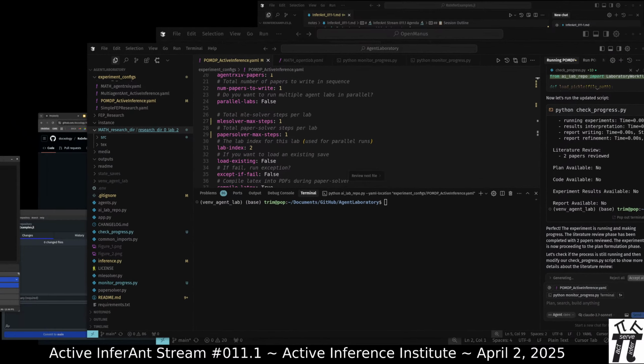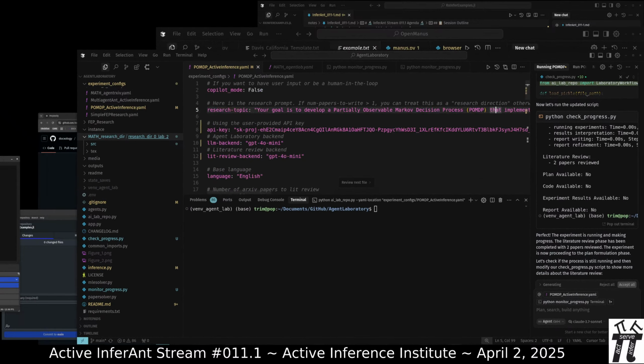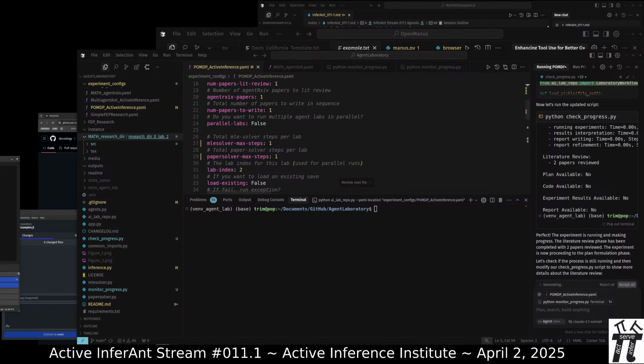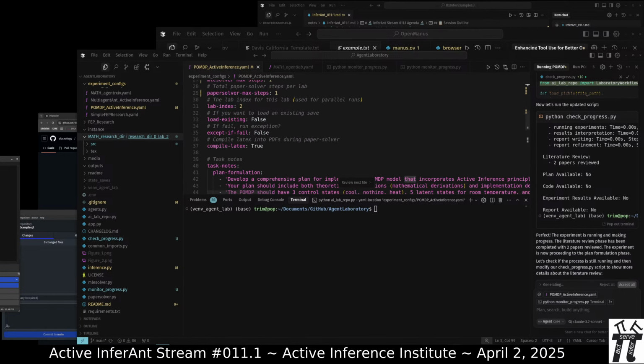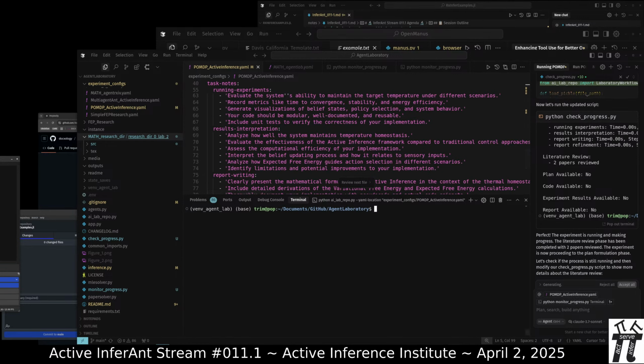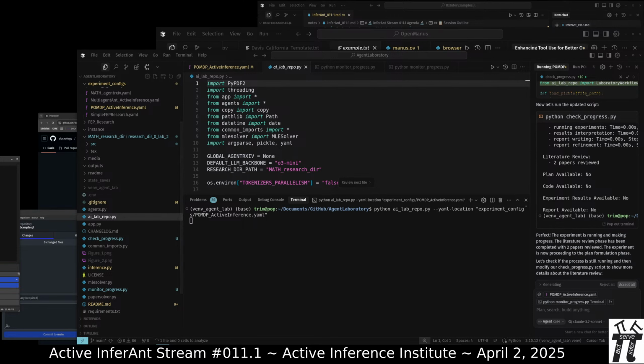So that'd be one way I thought of modifying it, having an environment file or other method for the API. A lot of flexibility with which LLM and how to call it. So that could just be one thing. And then here's, okay. So let's run that again. AI lab repo is the script, and then it looks to the location of the YAML file. So AI lab repo.